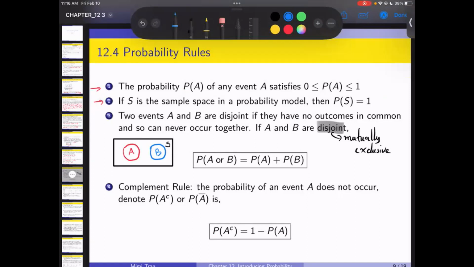If I want to do some addition, the probability of A or B, that's the addition rule. When you hear or, that means addition. So or implies addition and implies multiplication. But right now, or is addition. If I want to know the probability of A or B, we add them together, right? It's going to be equal to P of A plus P of B.